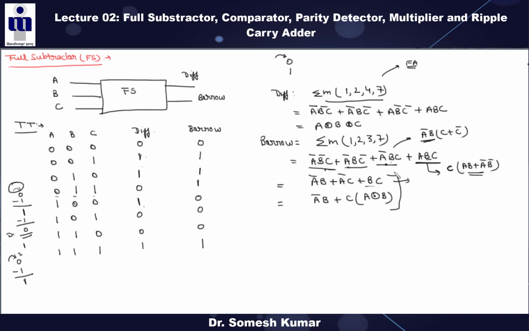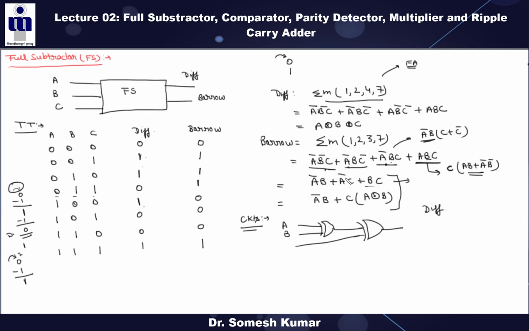The next thing is to make the circuit, right? And you know the circuit for the full subtractor. Now you can easily make it. This is similar to your sum, meaning the combination of two XORs. This is one XOR, this is one XOR, and this is your second XOR, right? So we can say this is your difference, right?